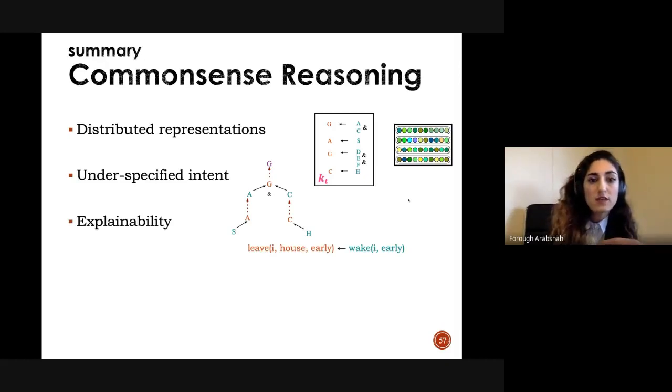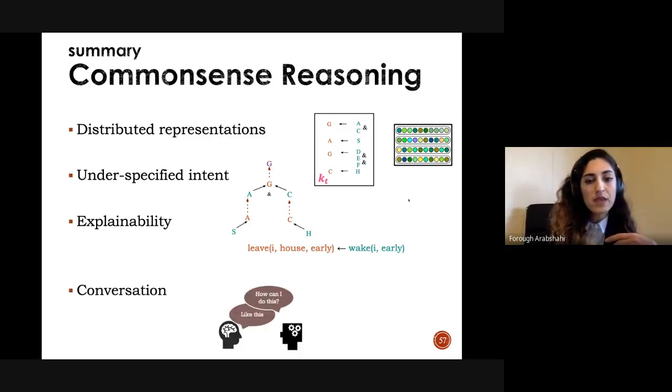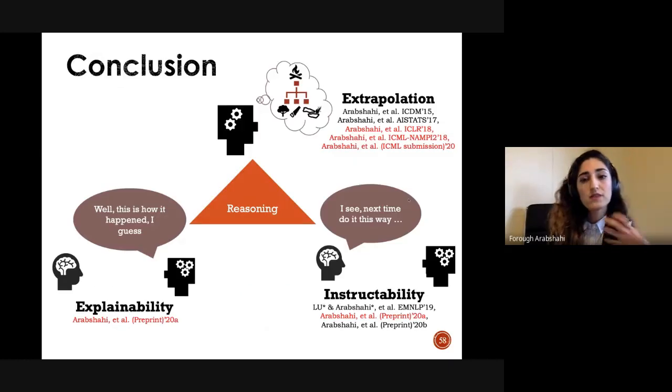We saw that this allows us to achieve explainability because these distributed representations have a corresponding logic rule that can be easily interpreted. And we saw how by engaging in conversation, we can achieve efficiency for scenarios where we have little data available. So in conclusion, we saw how we can achieve extrapolation by extracting hierarchical structures, and how we can gain explainability